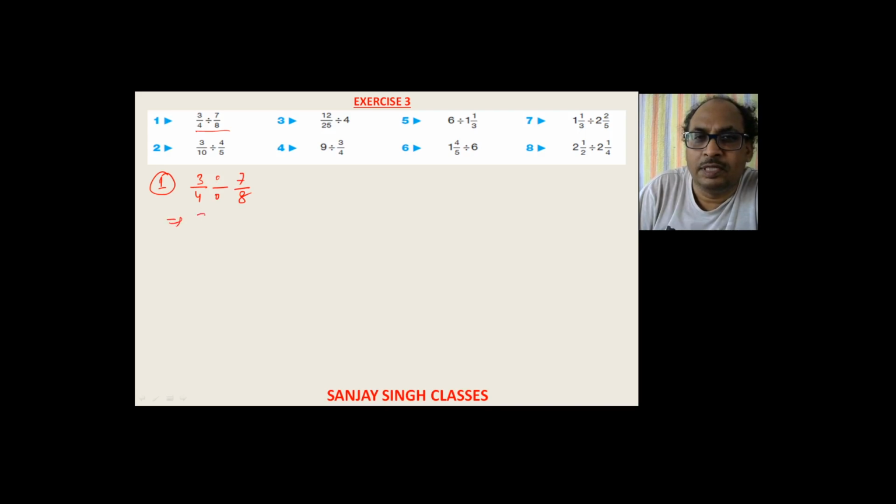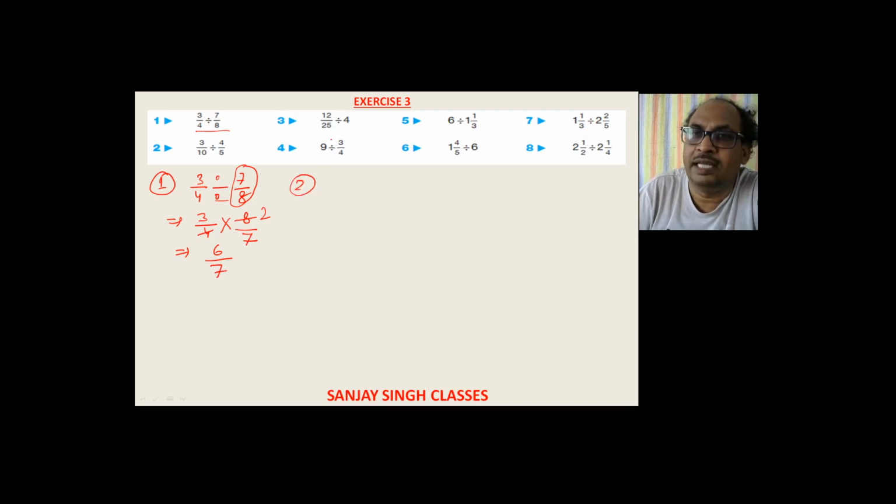So now actually 3 by 4, and what we need to do is convert this division into multiplication. Due to this conversion of division to multiplication, the following fraction, 7 by 8, will be converted to its reciprocal. Reciprocal means the numerator will change to denominator and the denominator will change to numerator. So it will change to 8 by 7 now. You can cancel as we have seen in exercise 2, and further we will get our answer, because further it will not cancel, no common factors are there. So 3 into 2, 6 by 7. Like this we can do it.